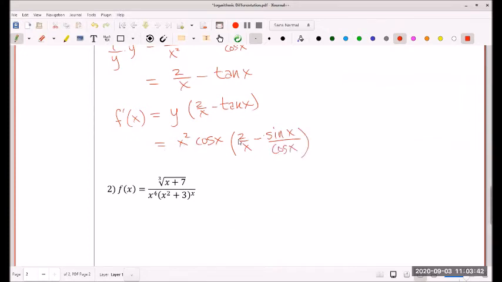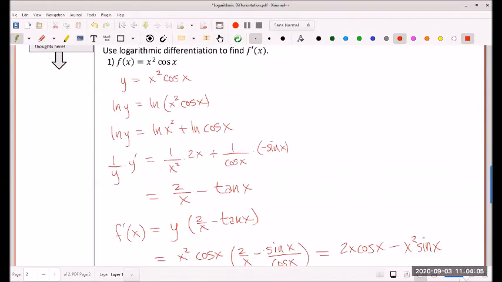And then when we distribute, we'll go ahead and distribute this and simplify this out a bit. The x squared cosine of x, when we distribute it to the first term, one of these x's will cancel, leaving us with a 2x cosine of x. And then when we distribute to the second term, we'll have the cosines cancel, so we'll be left with x squared sine of x,